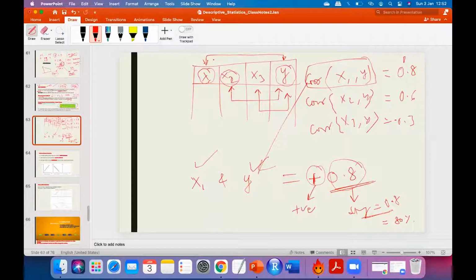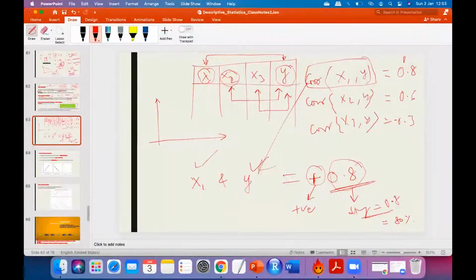I haven't taught that. Obviously, I have given you the formula, but I'm coming to that next. Is it understood? We understood the concept, but can you give any example like x1 and y? Because x1, x2, x3, and so on. Then what is this y? Y is the target variable.